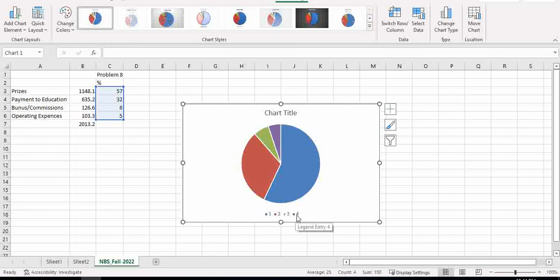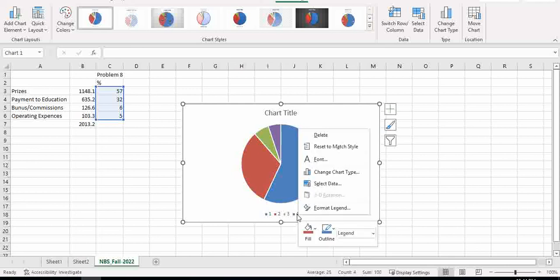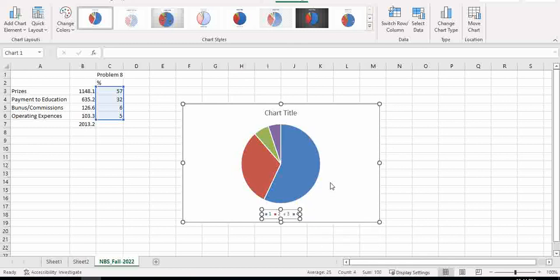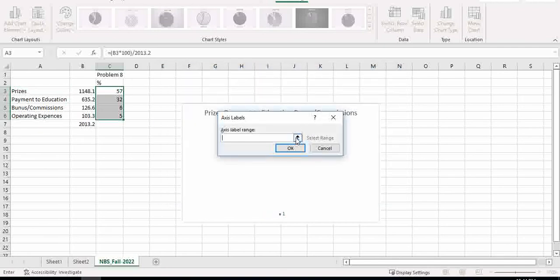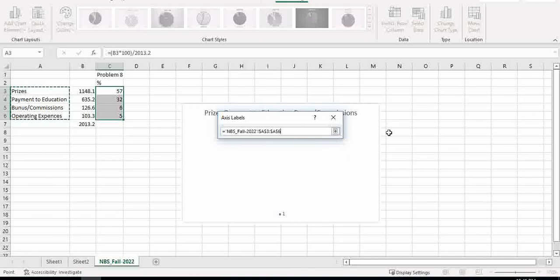You can change these numbers. Just click right, select data, then you can select data,